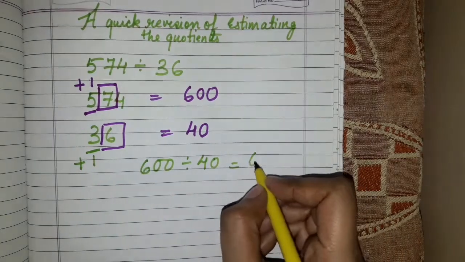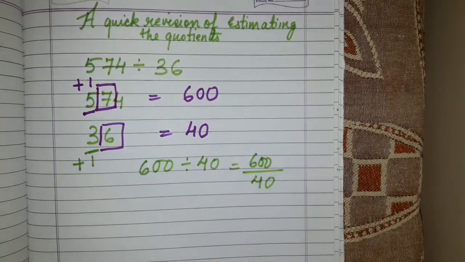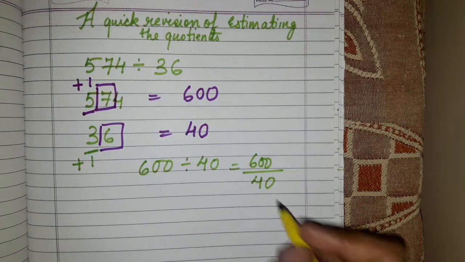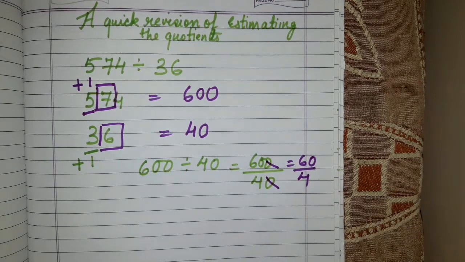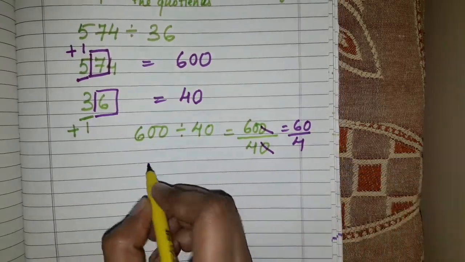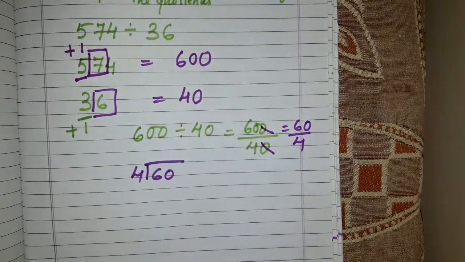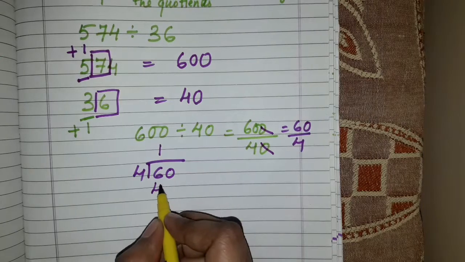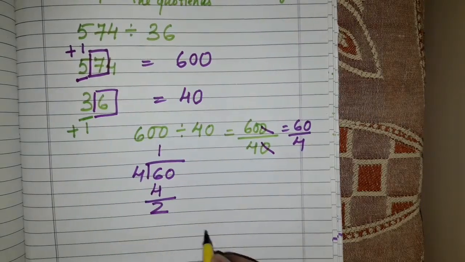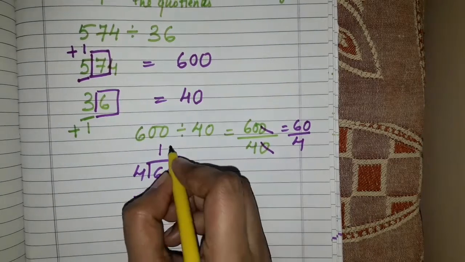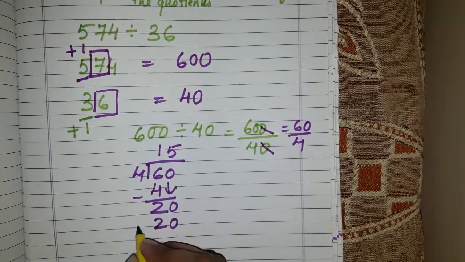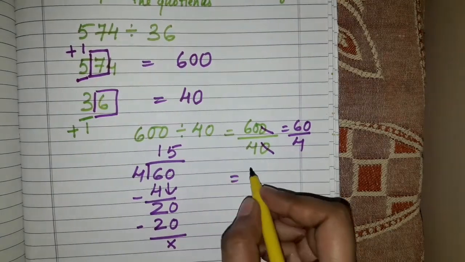Now we have to divide it. We are going to do direct division as we have done direct multiplication. 0, 0. Now what is left? 60 divided by 4. If you want to cancel it further, you can cancel it. If you want to divide it, then you can do it that way also. Suppose I am dividing it. It will go how many times? 1 time. 2 will be the answer. 0 will come down. Yes or no? And 20 will go how many times? 5 times. So what is my answer? 15.